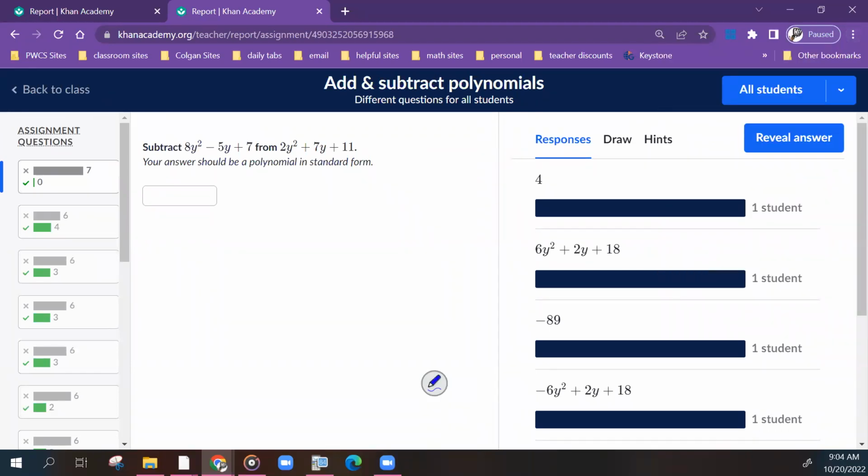Okay, so with something like this, where you are subtracting polynomials, and again, if none of this looks familiar, you didn't watch the videos from Friday, so make sure you do that at some point before next week. It's saying subtract this entire thing from this one, so this is going to be our starting polynomial. If you want to write that down, either on your desk, on a blank sheet of paper, somewhere.